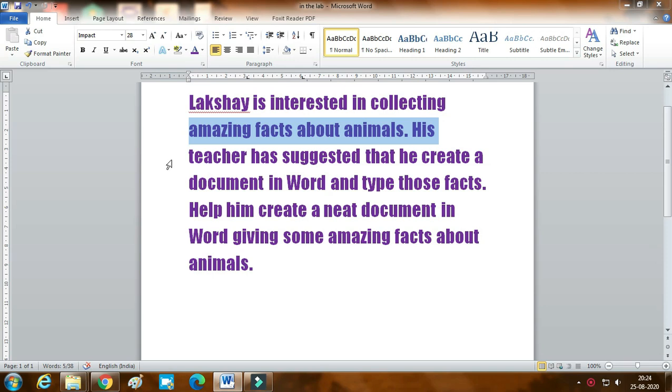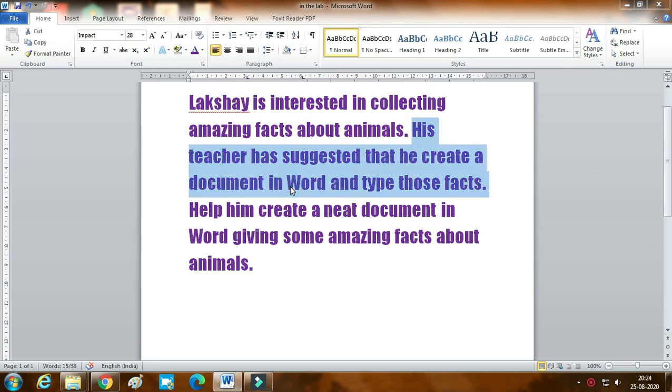A line is different, a sentence is different. A sentence is from a capital letter to the full stop. So how to select a sentence now? Just hold the control key on the keyboard and click on the sentence.